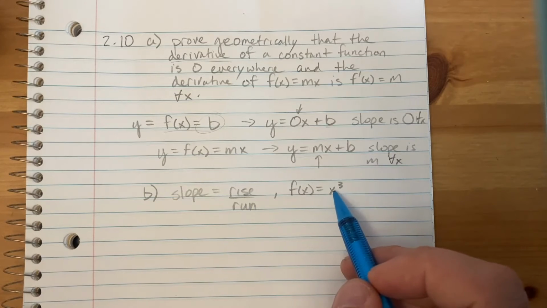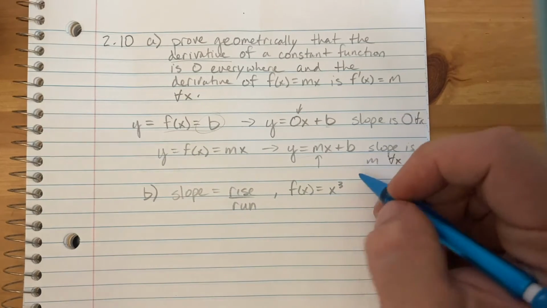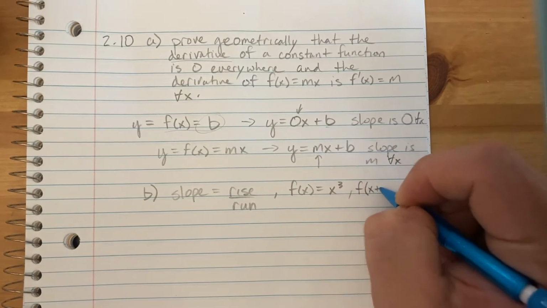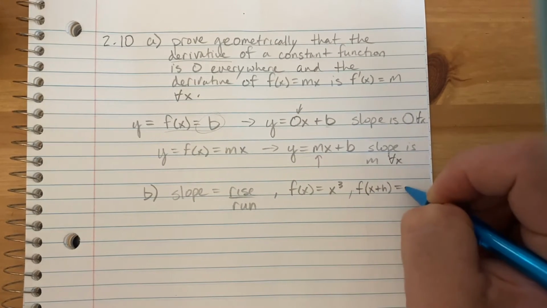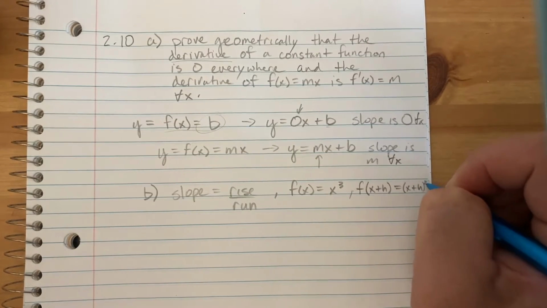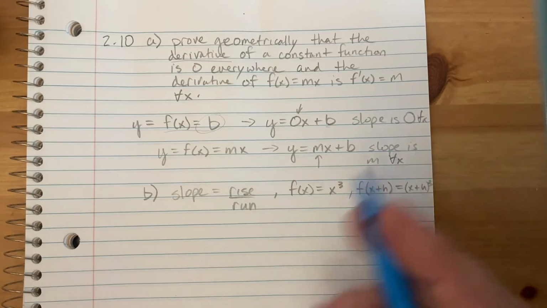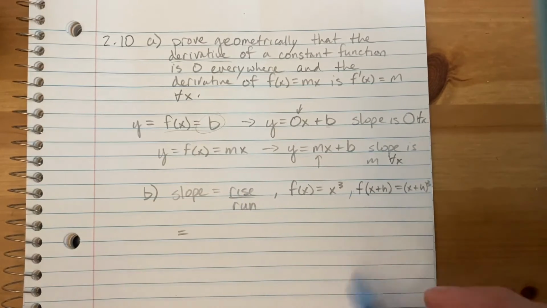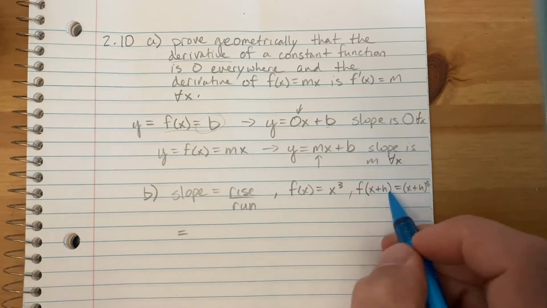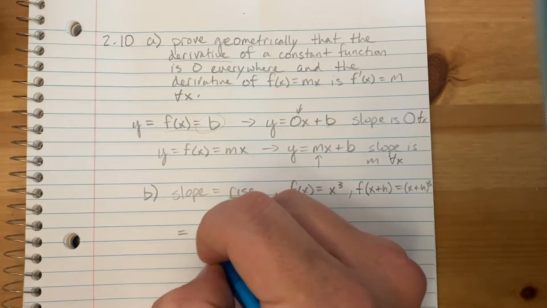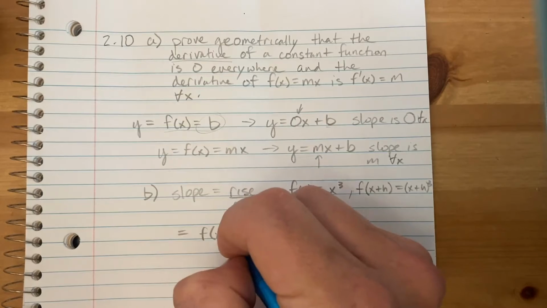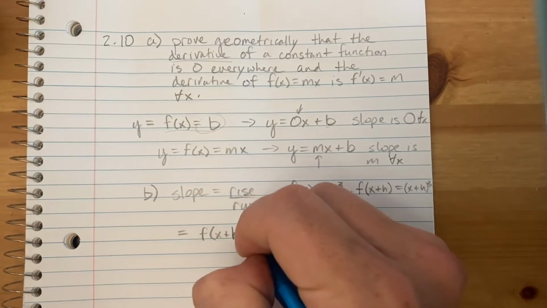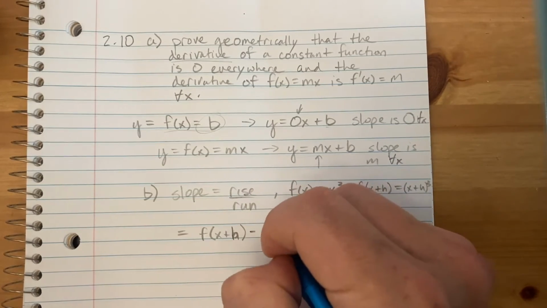One point could just be x cubed, and another point would be f of x plus h, equals x plus h cubed. So if we're talking about the rise, it doesn't really matter what order you do this in, you just have to be consistent. So we'll do f of x plus h minus f of x